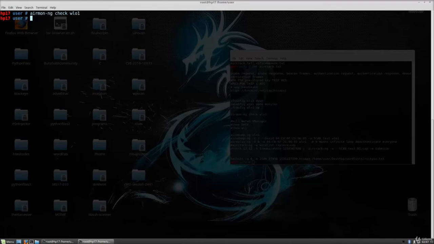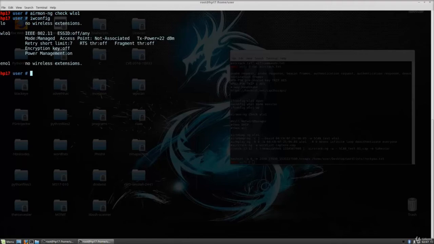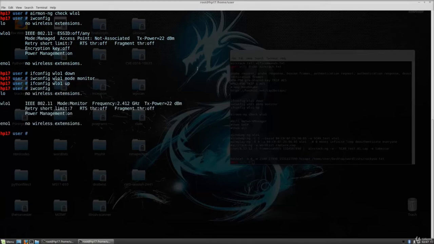So now that we did that, we want to basically set our network card once again into monitor mode, since after you finish this process of killing all of these processes, as you can see, your card will be put back into managed mode. So after you kill all of these processes, you want to set your card once again into monitor mode. So the same 3 commands that we used before, and ifconfig wlo1 down, up, and now if we check with iwconfig, our card is currently, as you can see, in monitor mode, which is